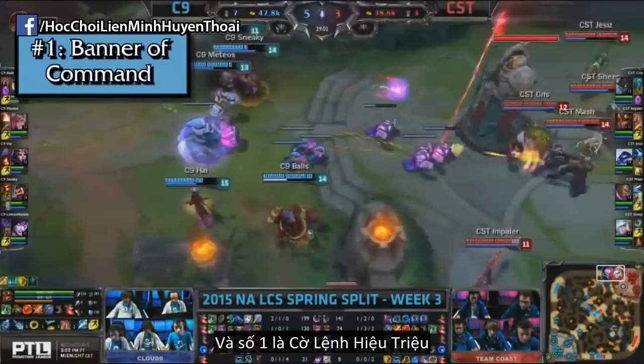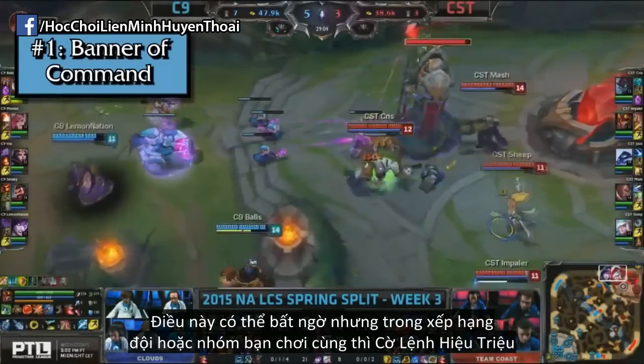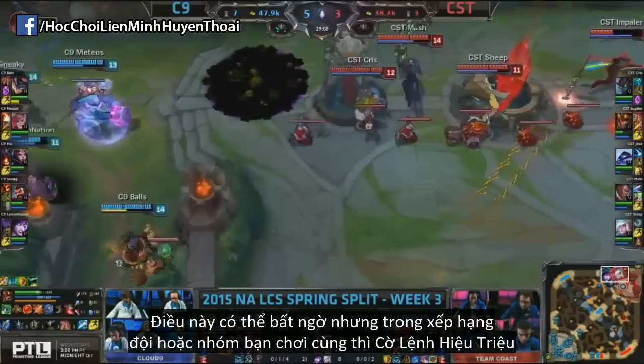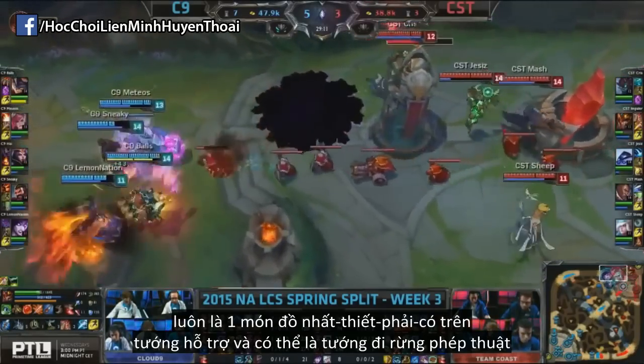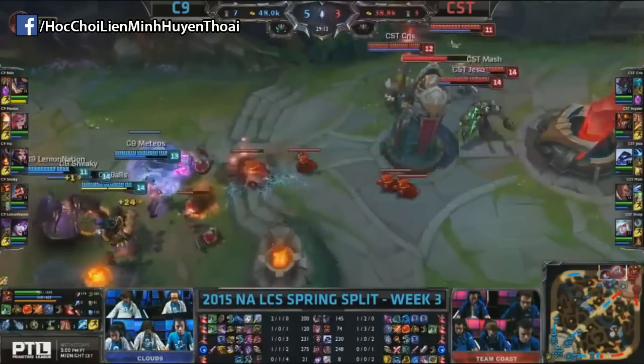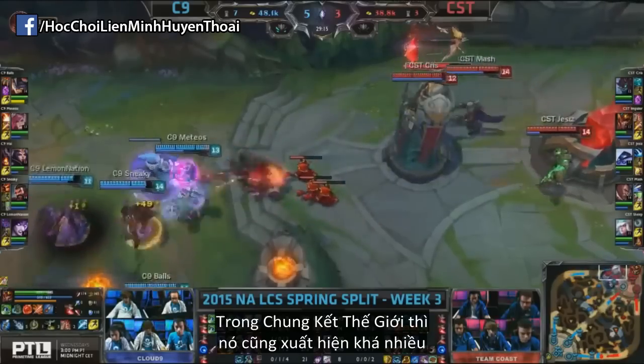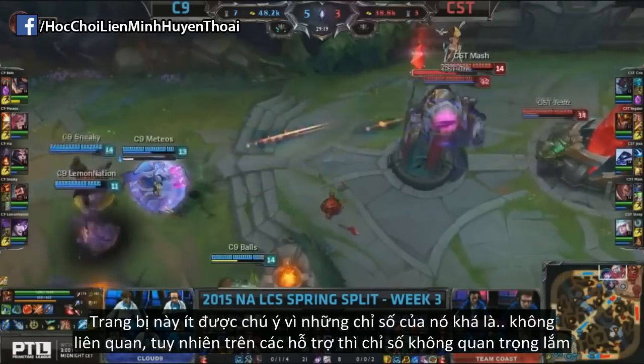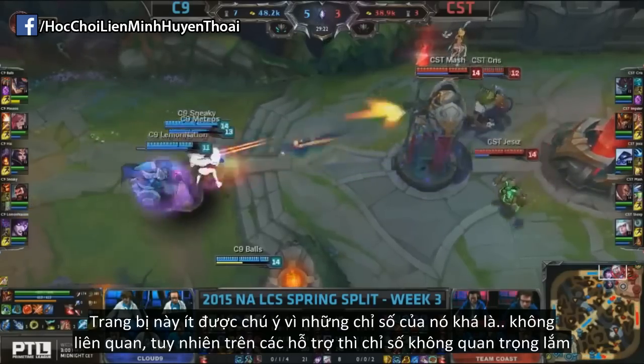And number 1 is Banner of Command. Now this one's a little bit more surprising, but right now in ranked 5s and coordinated play, Banner of Command is almost a must buy on support or possibly on an AP jungler, and we're seeing it at Worlds a lot too in a bunch of games. It goes passed up because the stats are kind of random, but on support the stats of an item don't really matter that much,